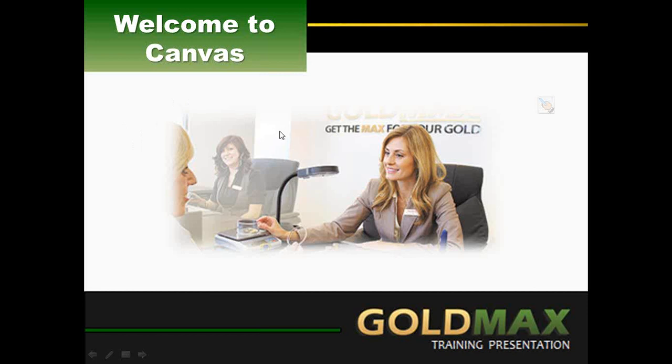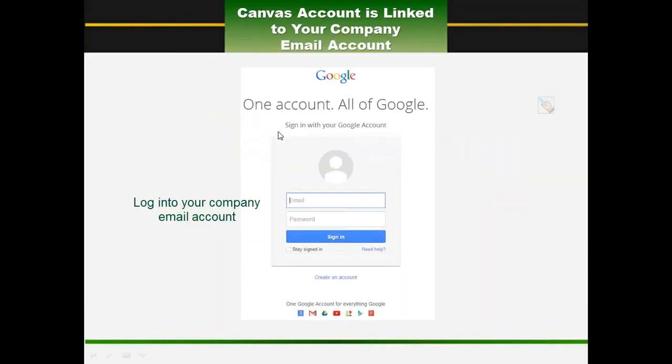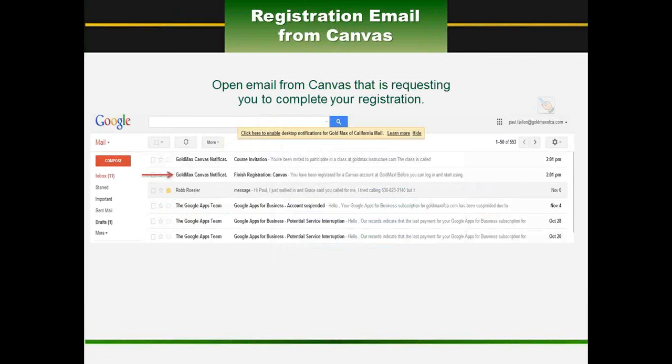So just to let you know, your Canvas account has been established directly through your company email address. You're going to need to go ahead and log into your company email account. Upon logging into your company email account, some of you may have already received it, but you will receive an invitation that's asking you to complete or finish your course registration. You're going to go ahead and click on that